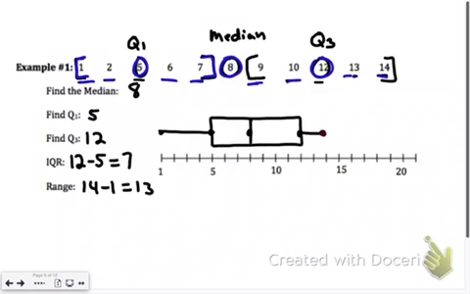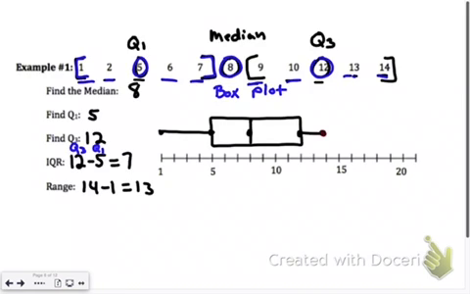Then if we want to find the IQR, the interquartile range is just where you take Q3 and you subtract Q1, and that gives you the interquartile range. And then the range is just the greatest value, or the maximum value, minus the smallest value, or the minimum value. Then when we want to make our box plot,